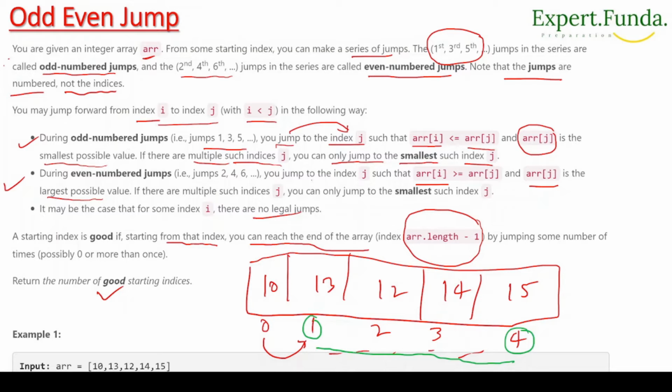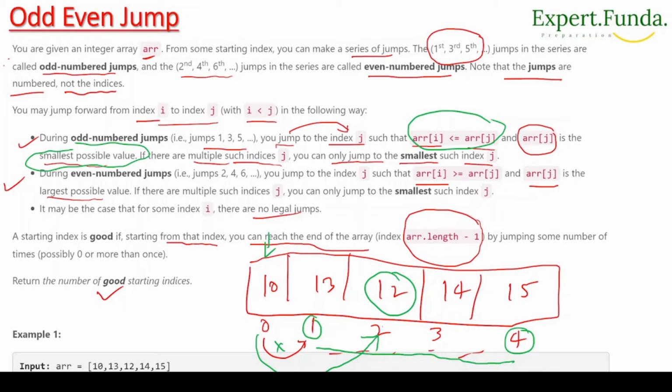We have to check the elements in this range, right? If it is, another is the smallest possible value. So this is 1, 1, 3 and 5, like so, these are the indices, right? This is 1, right? So what I will do, I'll check the element which is smallest, right? So in this range 12 is the smallest element. Okay, so I will select not to go here, but I will jump to here.